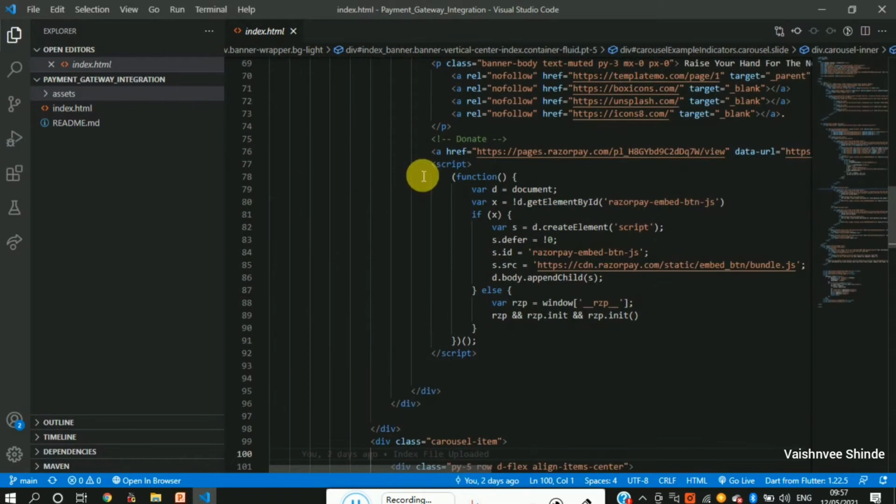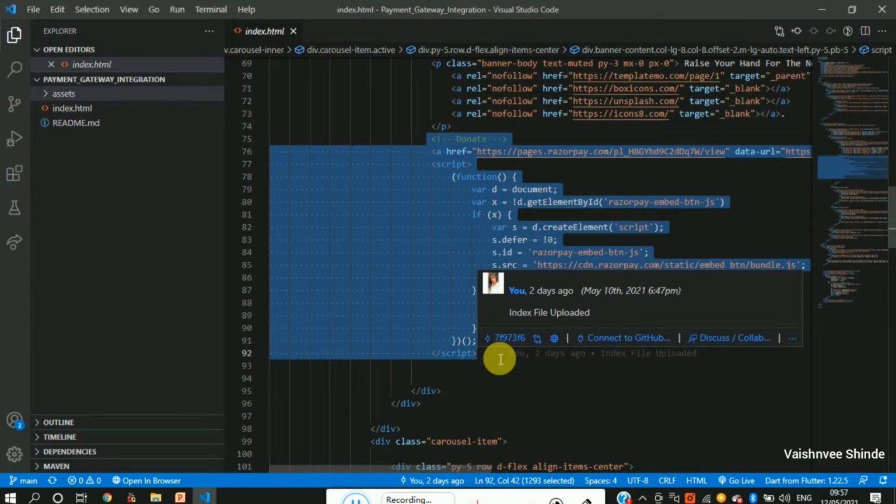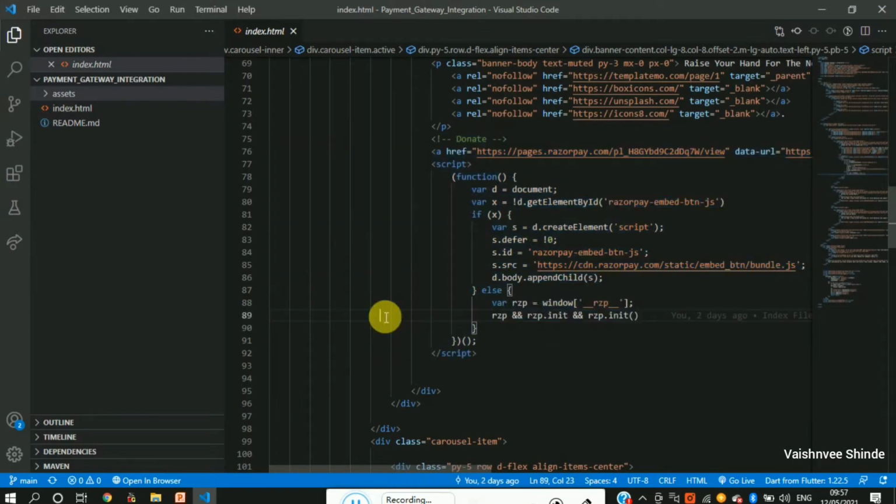So as you can see here, this is the code where our payment is actually going to be performed. Whenever you perform any payment, the process which happens behind performing the actual payment, the same process is going to be performed here. But the information which you enter in the form while performing the payment is not going to be stored anywhere, because this is just a demo. The payment which you perform will be in test mode, so your information will be secure and will not be stored anywhere.